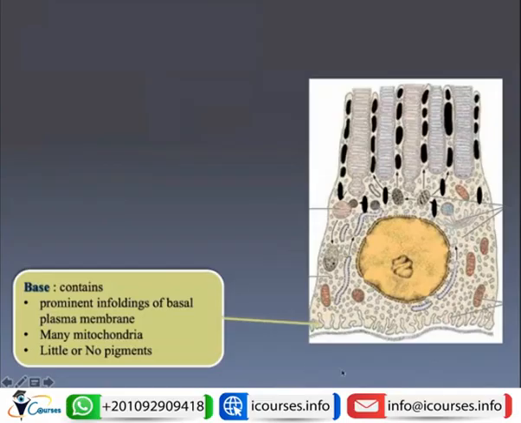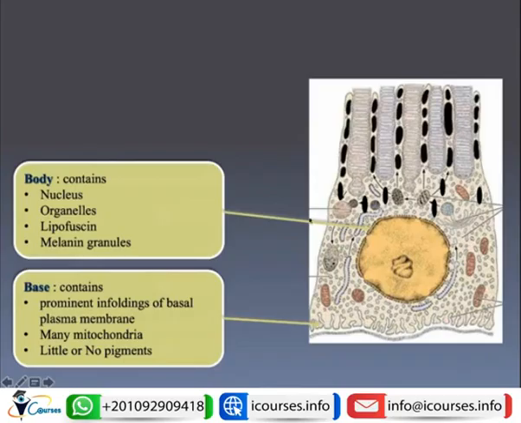At the base of the retinal pigment epithelium, you will find that there are prominent basal enfoldings like this. This is just the basal enfoldings of the plasma membrane. You will be able to find many mitochondria like this. But the melanin pigment is not present at the base of the cells, and this is also asked in the exam. So the pigment, as you can see here, is present near the apex, not near the base. Then we have the body, and the body will contain a large nucleus,